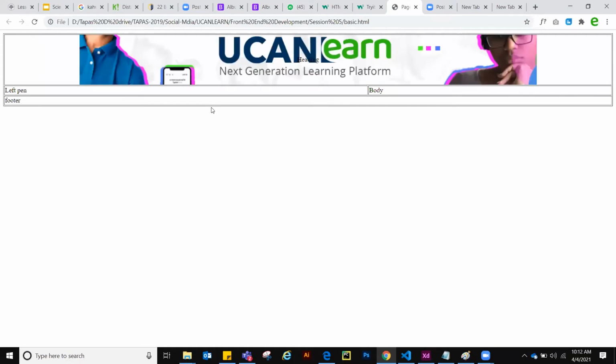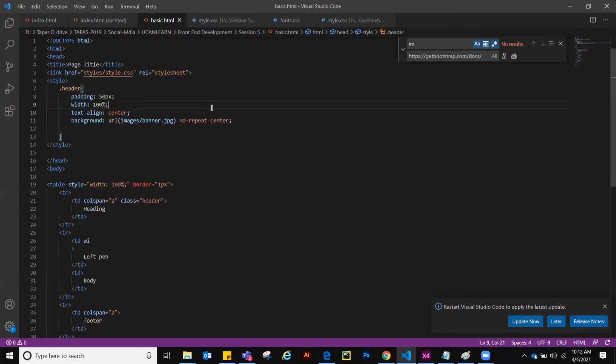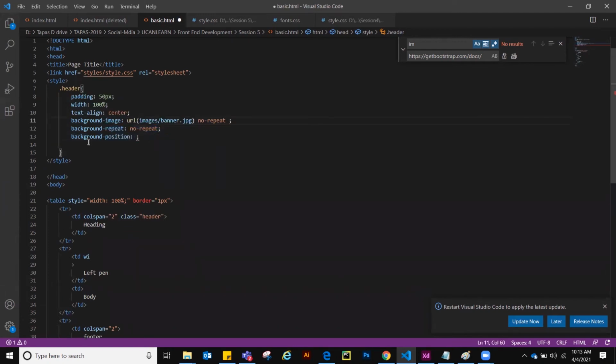Okay. Now see, I have converted everything into one. I have removed image, right? So in background, previously, see how many lines of code were there. 3 lines of code. Now I have converted it into one line. How? I have removed this one. This is called CSS shorthand. This is very important.